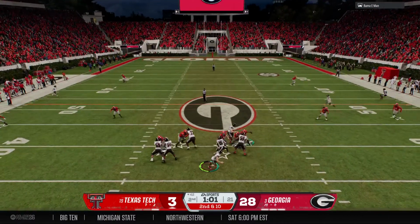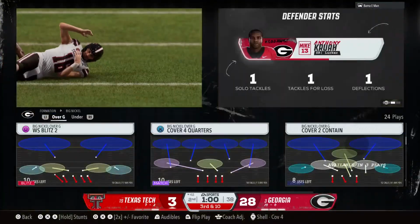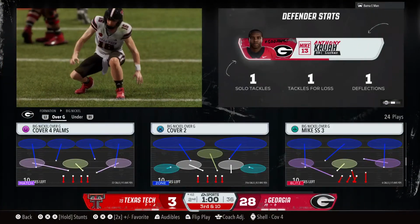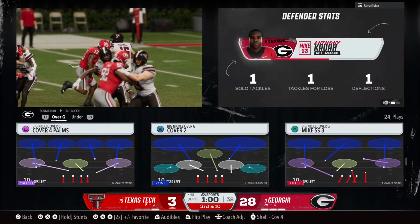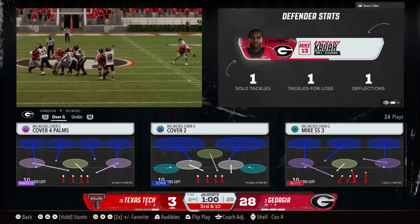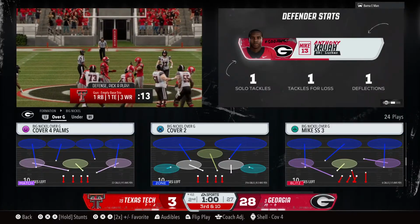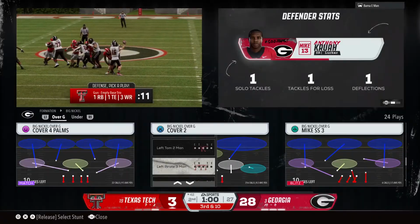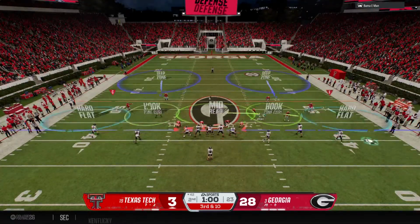Off the play fake. Under fire. Nowhere close on that one as he got drilled trying to deliver the football, and now they face 3rd down. He didn't have a whole lot of time to get rid of that one. The defense was all over him right after the snap. No wonder that thing fell in. 3rd and long from the 42. If they can get some of it, it